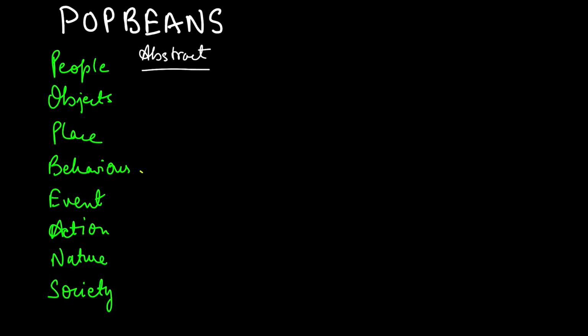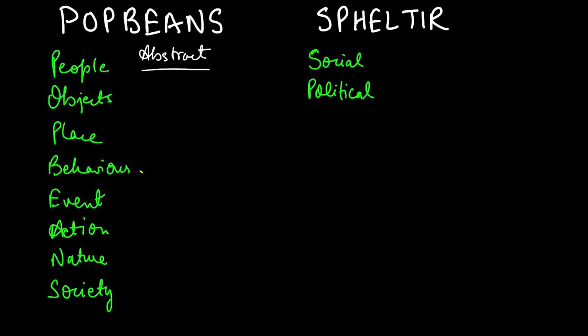This technique is called the SP Helter technique. So I'll write it down. SP Helter technique. What is this technique all about? This technique will take all the factual points into consideration. Factual points से मेरा मतलब है S for social domain. Yes, social domain, okay. इसके बारे में किसी point के बारे में कुछ socially आप क्या जानते हो? What is the political end of that topic? What is the historical end of that topic?